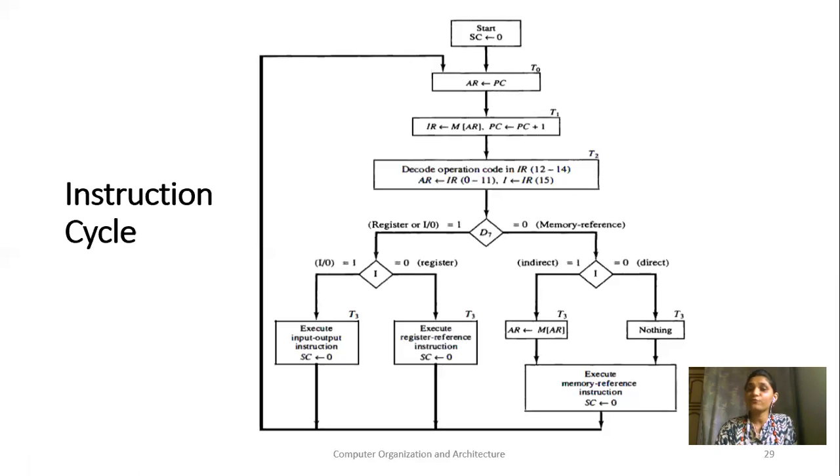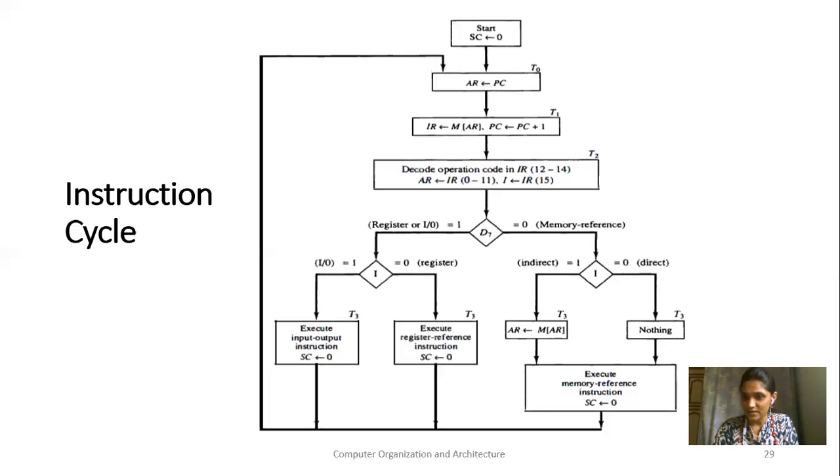Okay, but if it is indirect addressing, you have to find the actual address, which is stored at the location given by the address register right now. So you require to transfer the memory content of the address register to AR, so that your effective address is going to be calculated at T3 time if indirect addressing is used. And if direct addressing is used, then during this time nothing happens. It will be in a waiting manner.